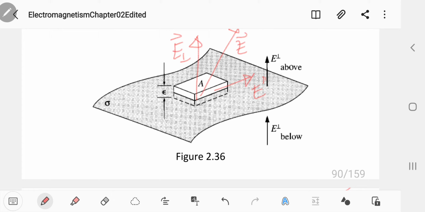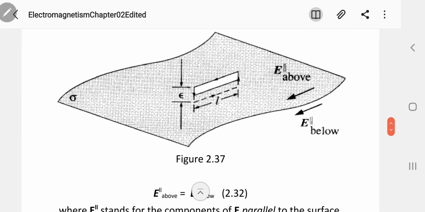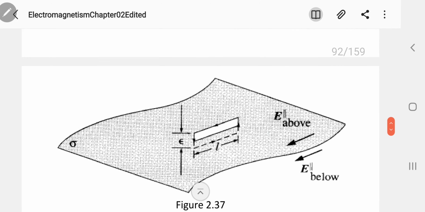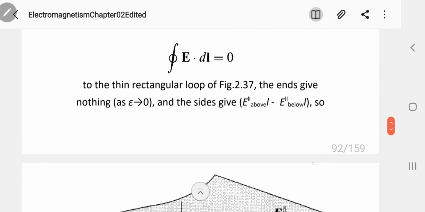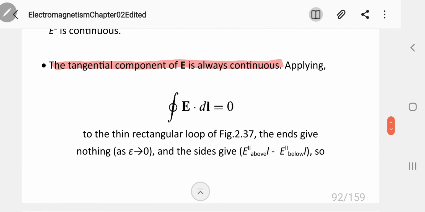So if you calculate that, the tangential electric field will just be, if you do this for the tangential,